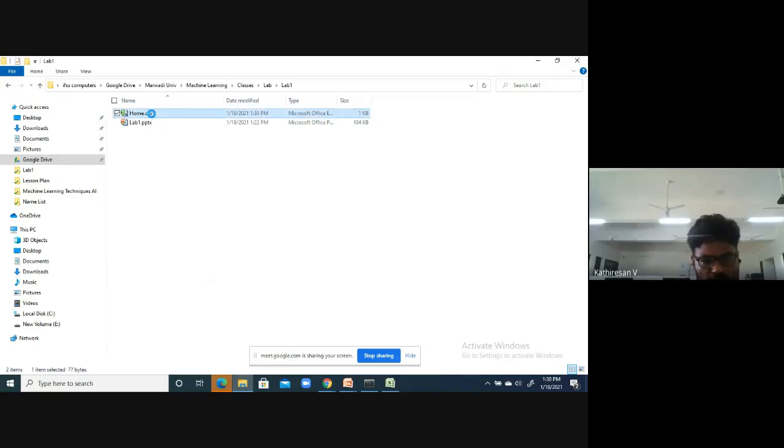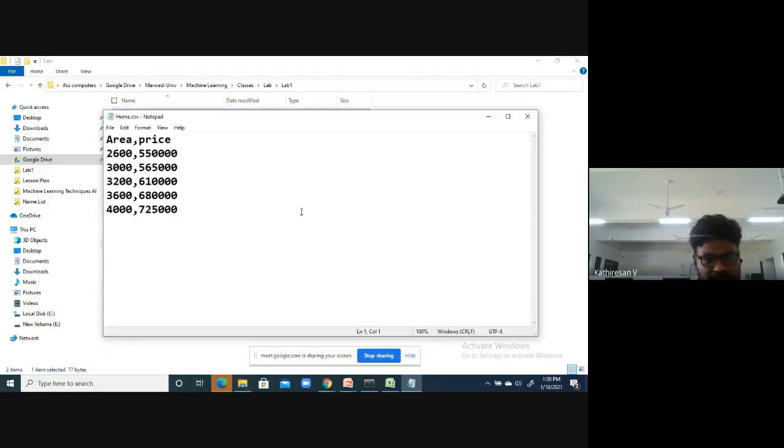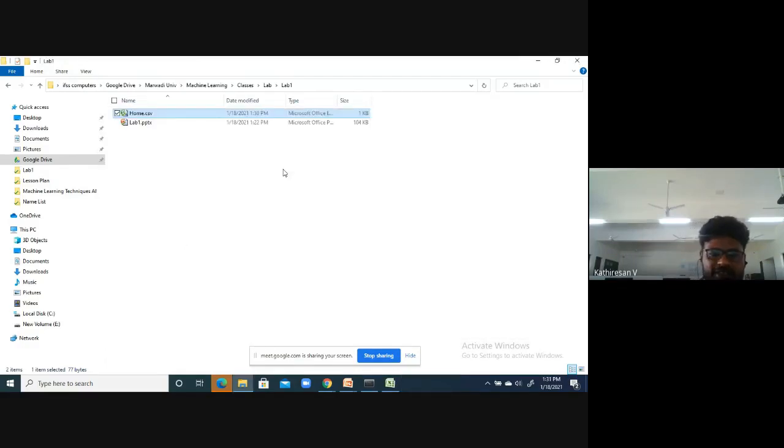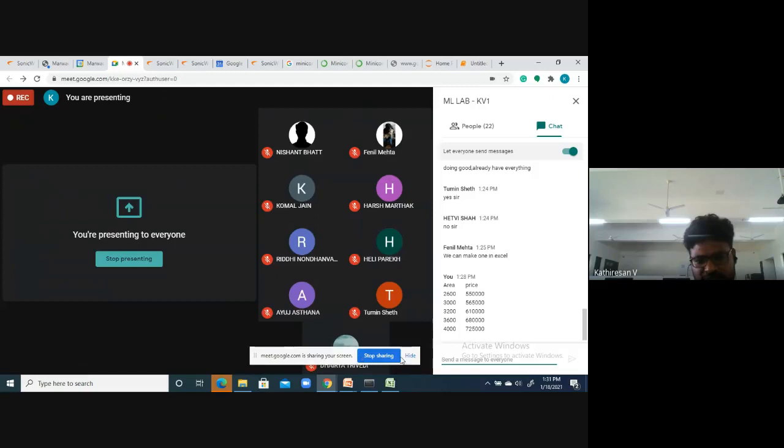If you open this with Notepad or Notepad++, you can see it like this: area comma price, 2600 comma. If it looks like this, it is a CSV file. So this is the procedure to make a CSV file.